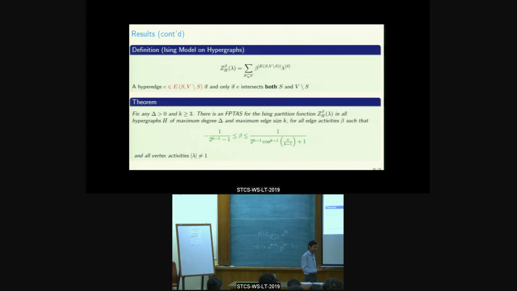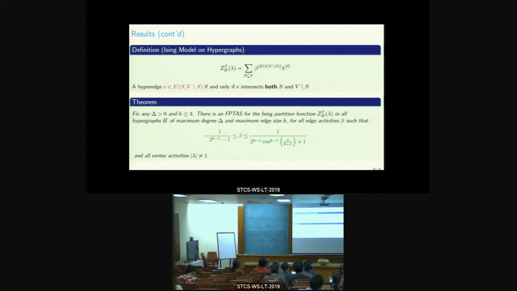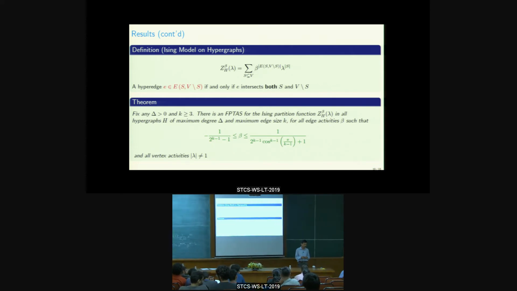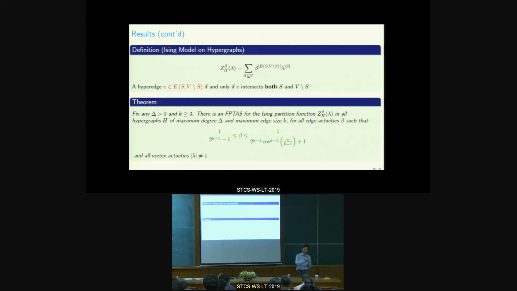Yes, but you're still going in the complex plane to compute it. No, but that's what I said, Markov chain Monte Carlo doesn't. So first of all there are 2 to the n configurations, and some of them have very different weights. So anything that you do here seems to reduce to showing that